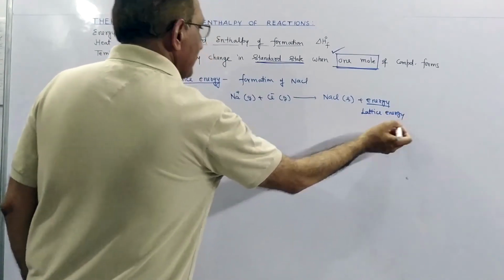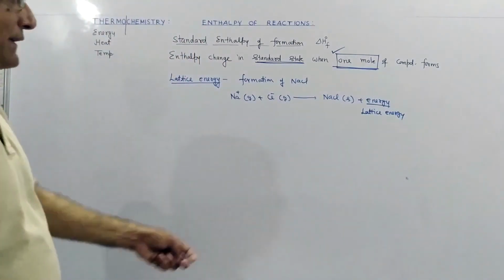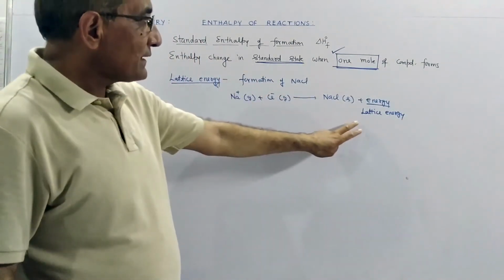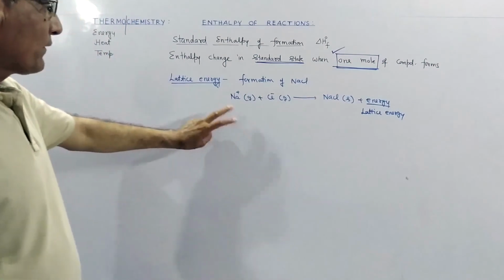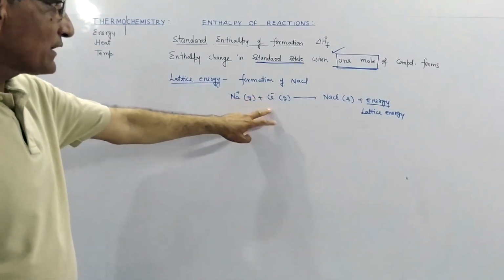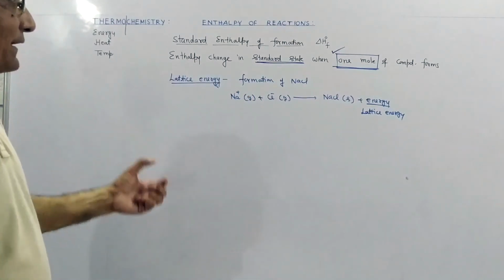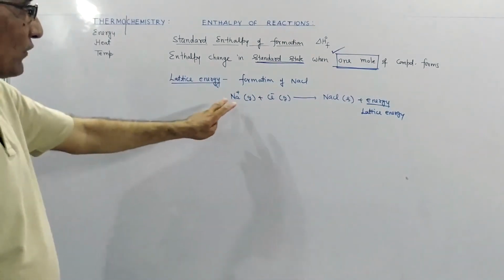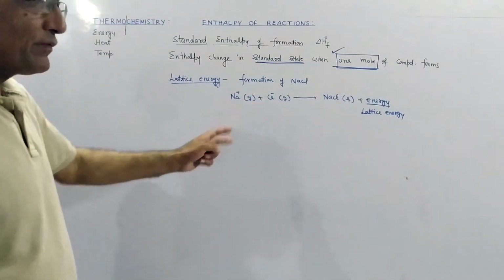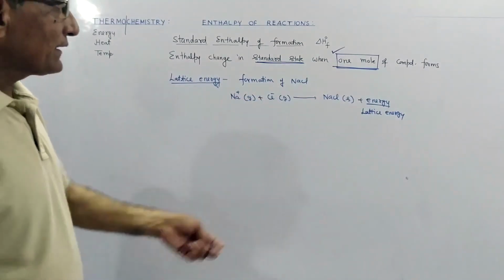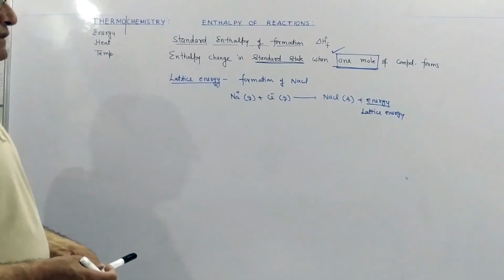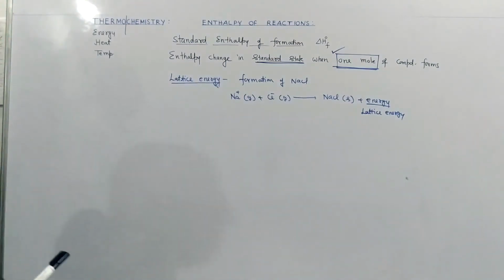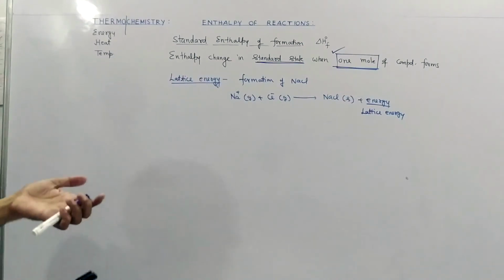Now how can we define it? It is the energy released when 1 mole of ionic compound forms from its constituent ions in gaseous state. So this is lattice energy. Why is it called lattice energy? Because when these ions combine together, there will be a strong electrostatic force of attraction and a crystal will form, a lattice will form, and due to this attractive force of ions, energy is released and the crystal is forming. Crystal means lattice is forming, therefore this energy is called lattice energy. I hope this part is clear to all of you.